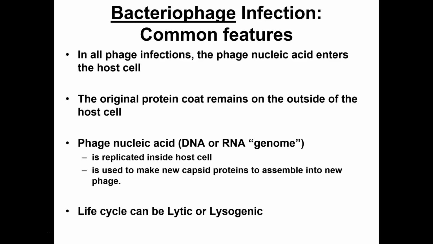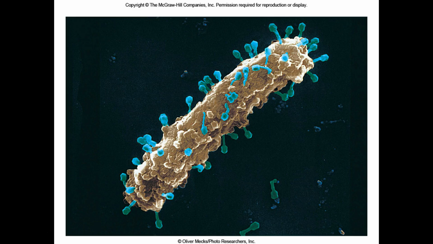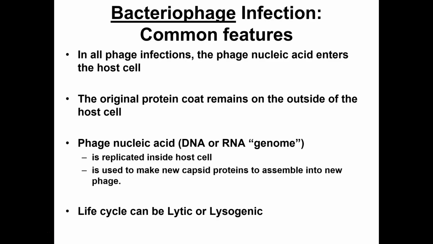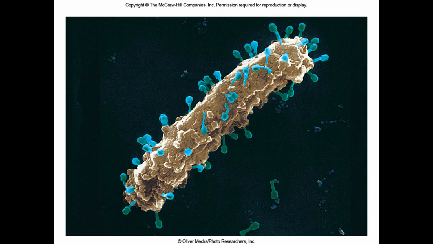Alright, so, first thing. For these bacteriophages, once they attach to the host cell, they inject their DNA into the bacteria. Like evil little syringes. Second thing. Once they've injected their DNA into the host cell, what remains on the outside is an empty husk, a shell. So you can see all the little blue guys there. Those are probably empty, like an insect molting. Okay, so they're spent.